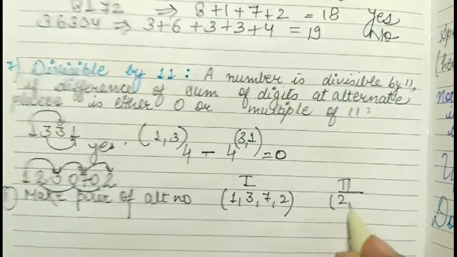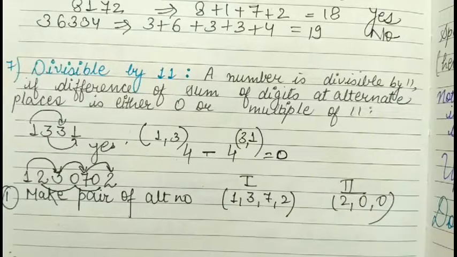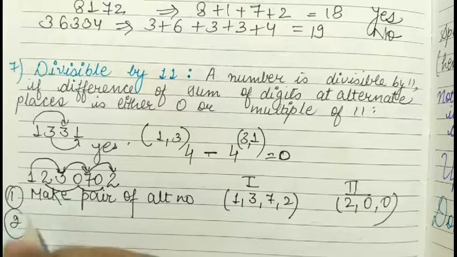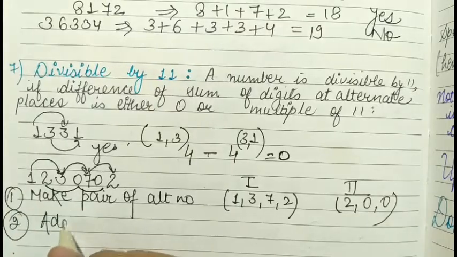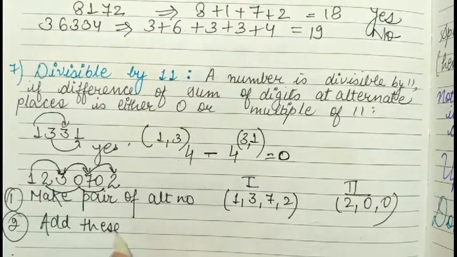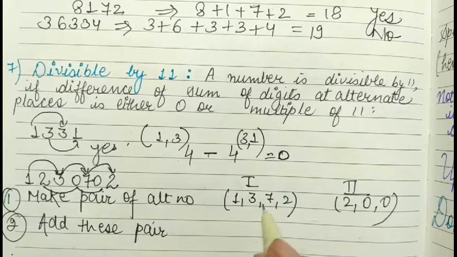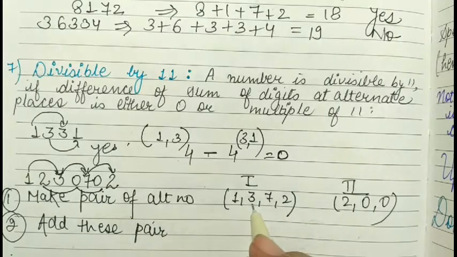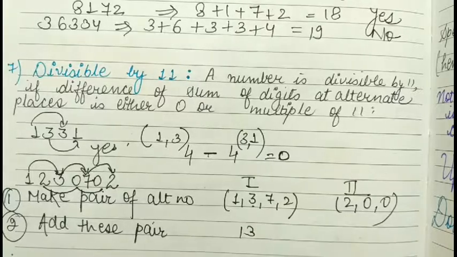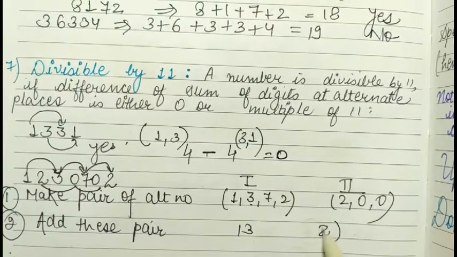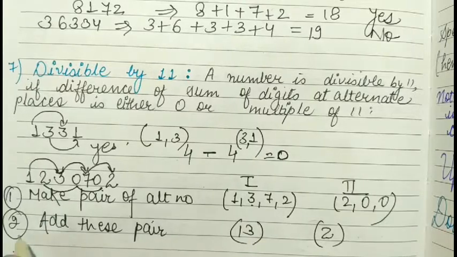Second pair is of 2, 0 and 0. First step is make pair of alternate numbers. Second step is add these pairs. On adding these, I will get 7 plus 3, 10, 11, 12, 13, and the result of this pair will be 2. Third step is